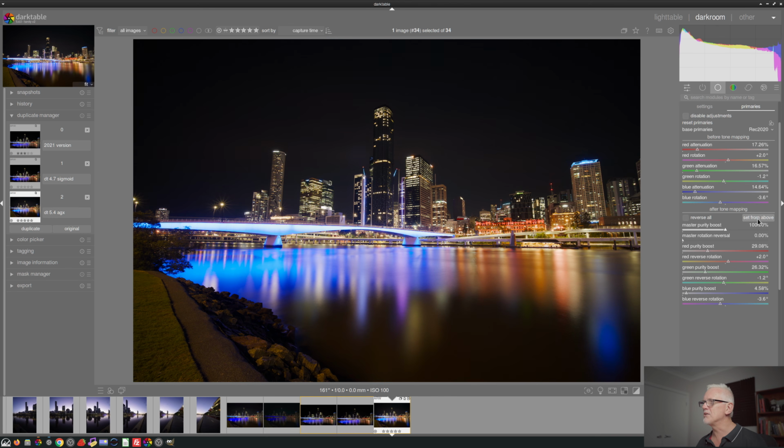All right, so I'm going to go Set from Above. And you can see that Master Purity Boost and Master Rotation Reversal are both at 100%. Our Purity Boost values exactly reflect the attenuation values from the before tone mapping section, and the rotation values are the same values, but you will notice that the color order is reversed because we are reversing what we did